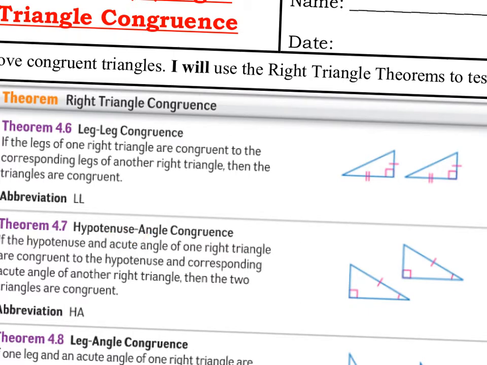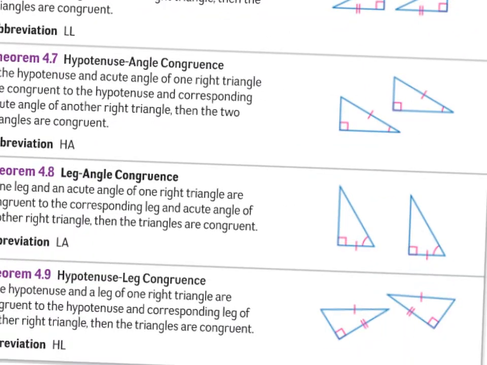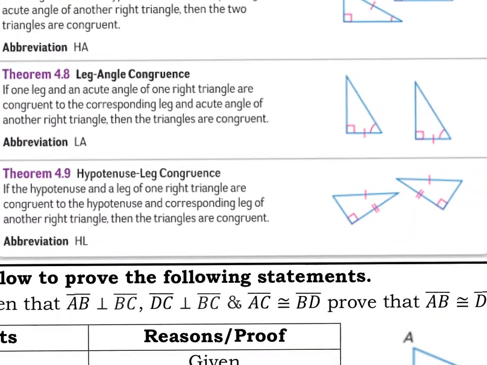So this one says hypotenuse angle congruence. The hypotenuse is marked as congruent, and then one of the other angles is known to be congruent. Doesn't matter if it's this angle or that angle, just as long as it's the same corresponding angle in the other triangle. Okay, so the next two would be leg angle congruence, and that has a congruent leg in between